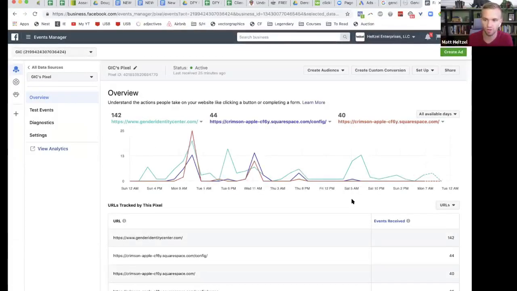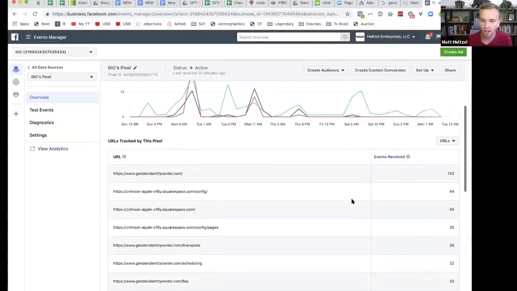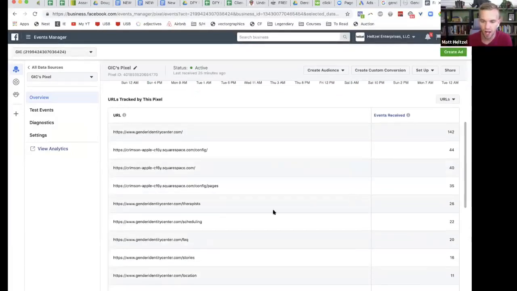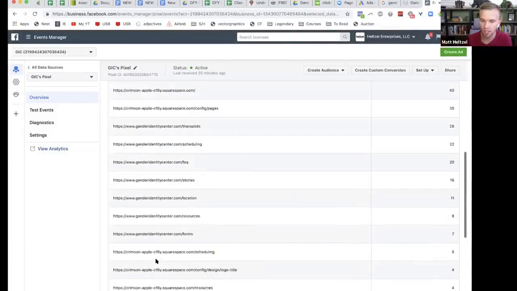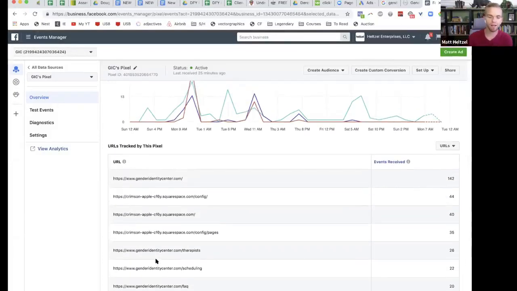This is so freaking, oh my gosh. I can track, guys. I can track how many people got to the scheduling page. 22. It got hit 22 times. Therapists, 26 times. FAQ, 20 times. Stories, 16 times. Location, resources, forms. Okay? So I can track everything.